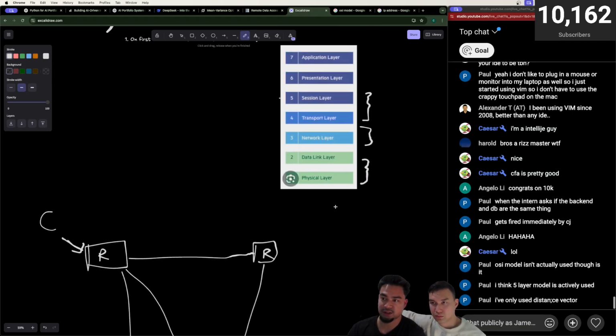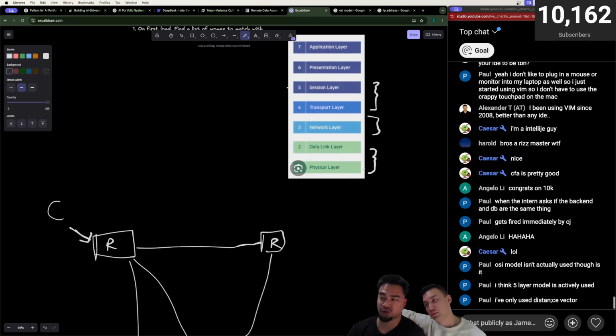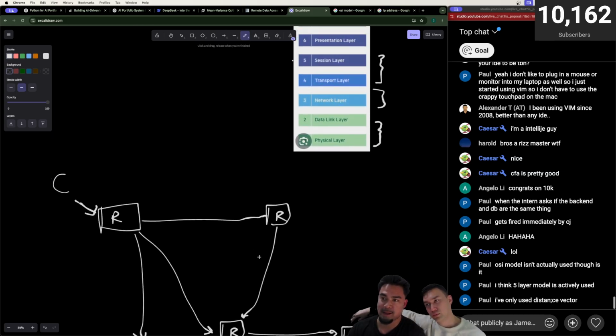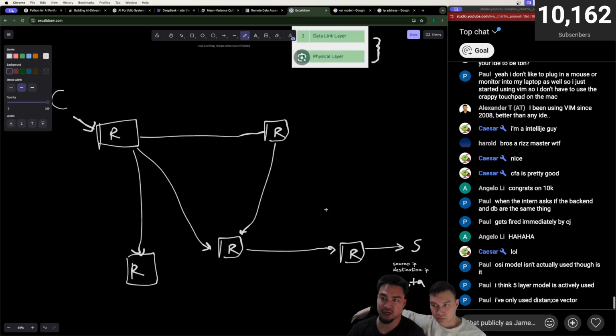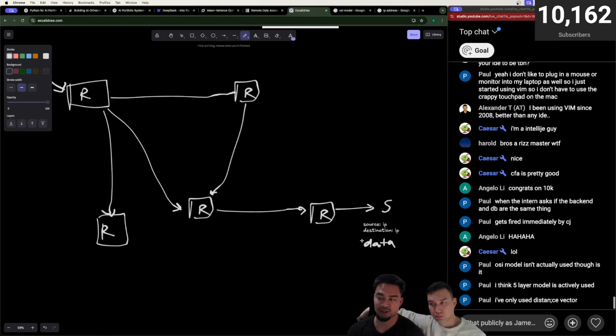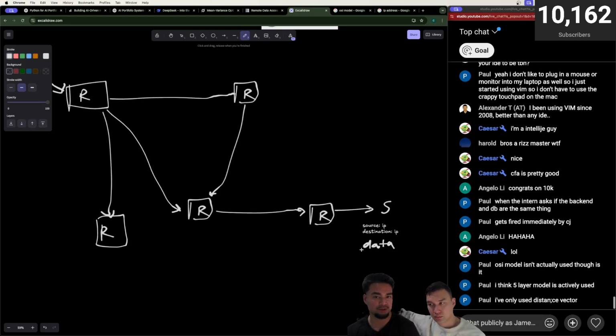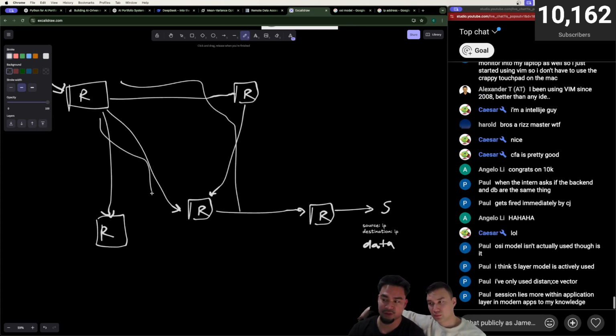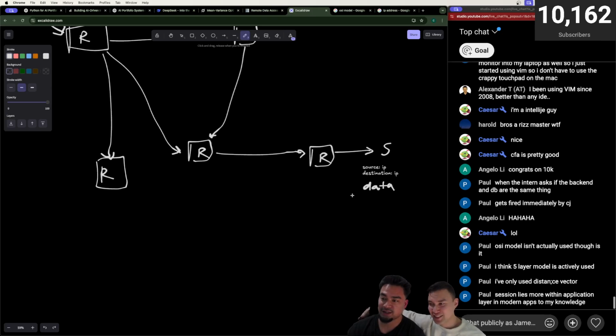Paul, tell me if I'm cooked, if Coding Jesus would fire me right on the spot. But what the session and transport layer does is, when we're sending data, we don't want to send the data all in one go. We usually break it up into small pieces and send them over the wire. They even take tons of different directions. It's like you take a big package and you chop it up into a bunch of pieces and send it over, and it finds its way to the destination. They even go in different paths.